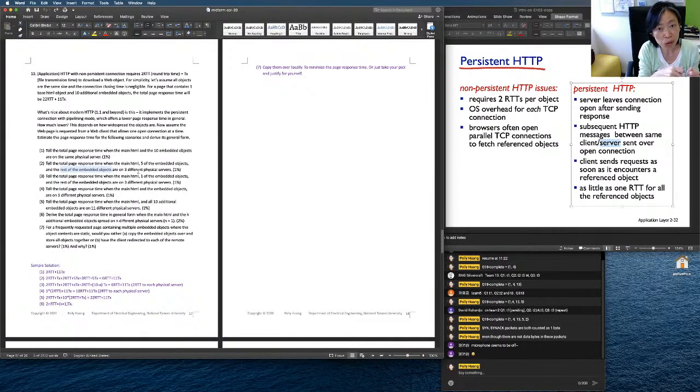So 2 round-trip times, 2 round-trip times, another 2 round-trip times to make sure that we get all these objects from 3 different physical servers. So altogether, 6 round-trip times. Okay. And the number of objects we need to download remains the same, 11. Therefore, the transmission time is always 11. Okay. Now,